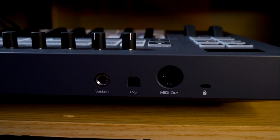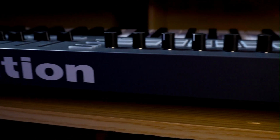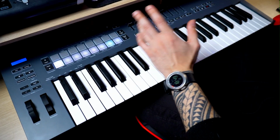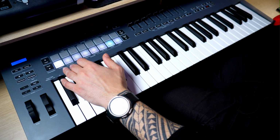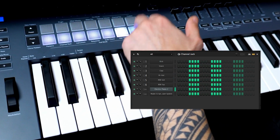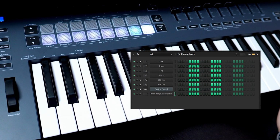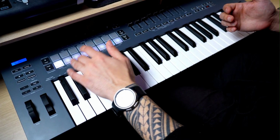At the back of the keyboard, you of course have your USB and MIDI output, plus a jack input for your sustain pedal. Let's start breaking down the features with the pads. By default, the pads are set to channel rack mode, which means that each pad is mapped to an instrument within the channel rack. But thankfully, all the pads, knobs, and the faders come with pre-mapped modes, and you can